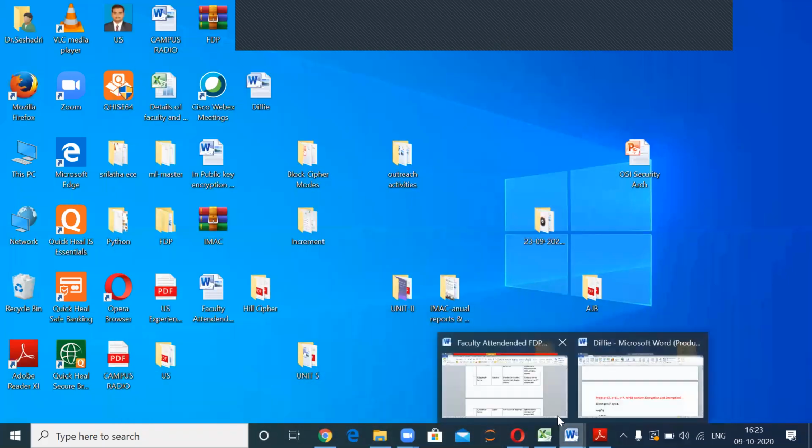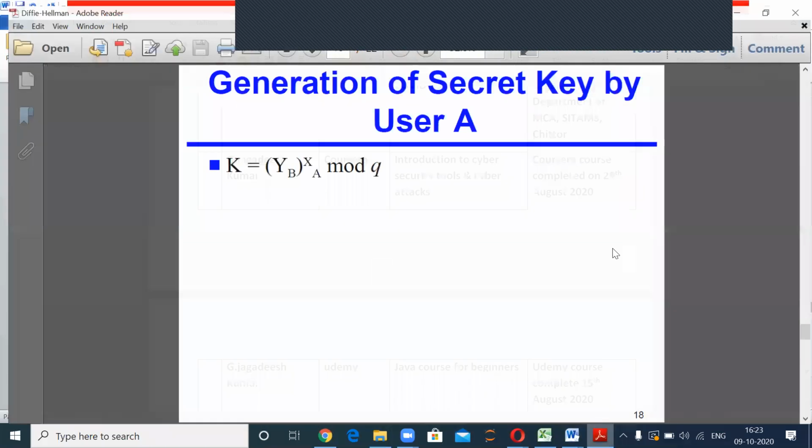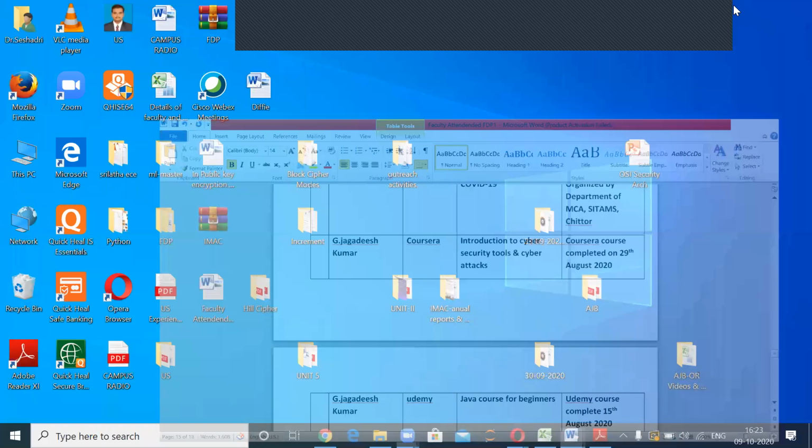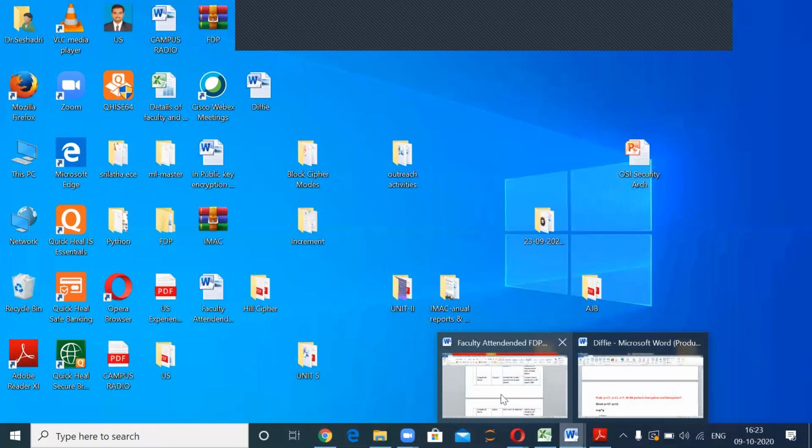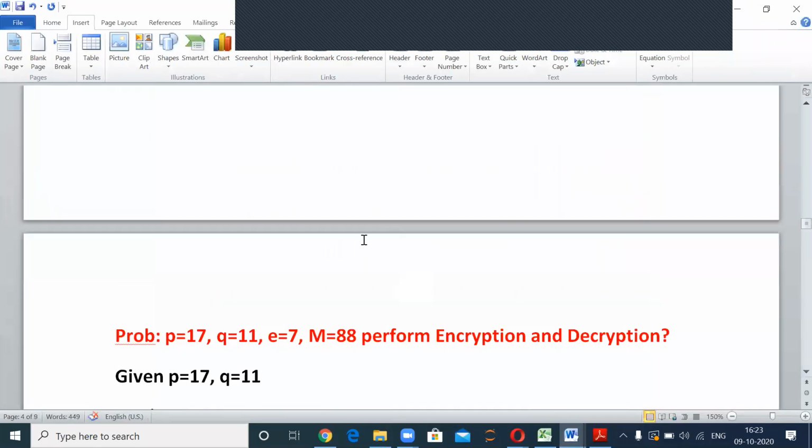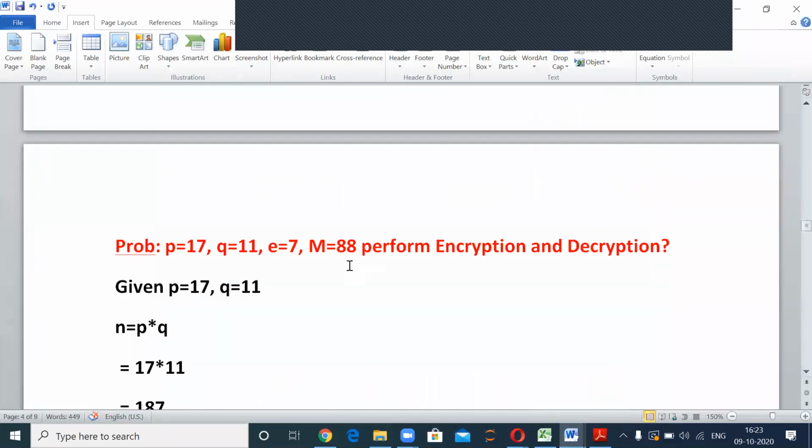What I want to show is, but sir, you are given P, Q, E, M values in the theory point. M is 88, sir, but how is it taken? Actually, we send the information from sender to receiver in the form of a sentence. That is converted into ASCII format, the ASCII equivalent number. That is converted into binary format. That equivalent number is the M, the plain text. M I am given, right?